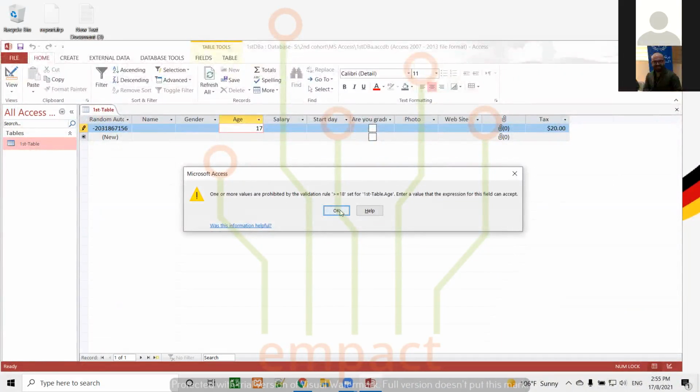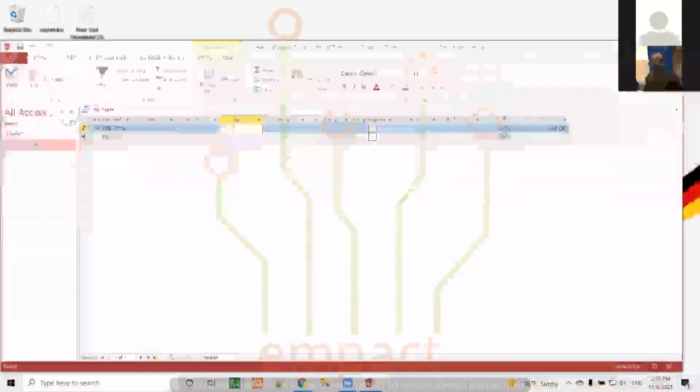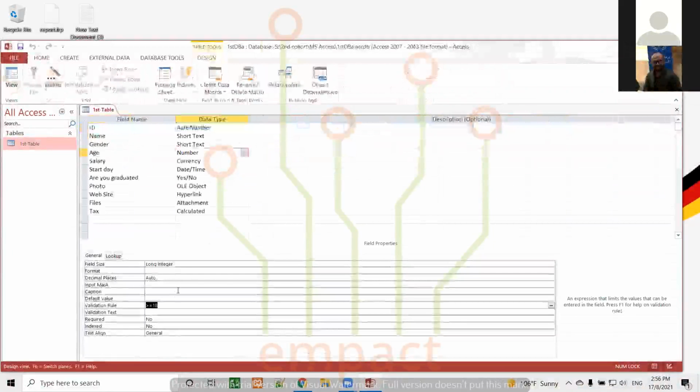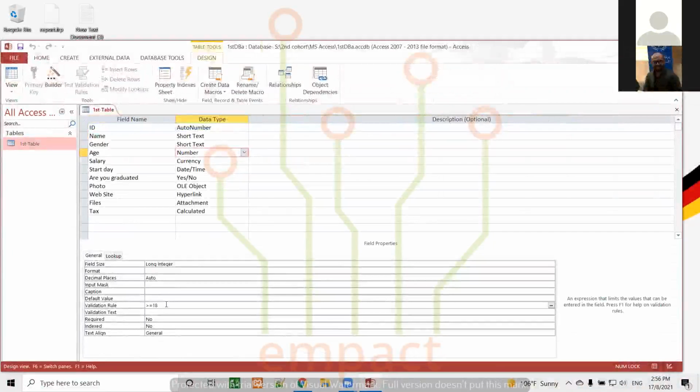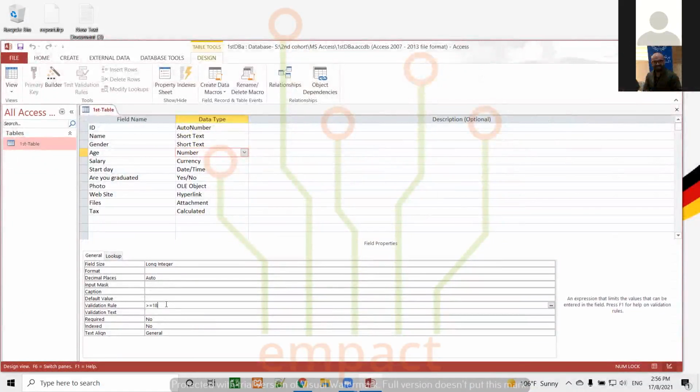Well, let's say if I gave 36, it's going to be accepted. But if I give another rule here, let's just delete it. Every time I have to delete this because I don't want to have a headache. Then, if you want to give another condition here, like put it in between. So what we could do, you could say,